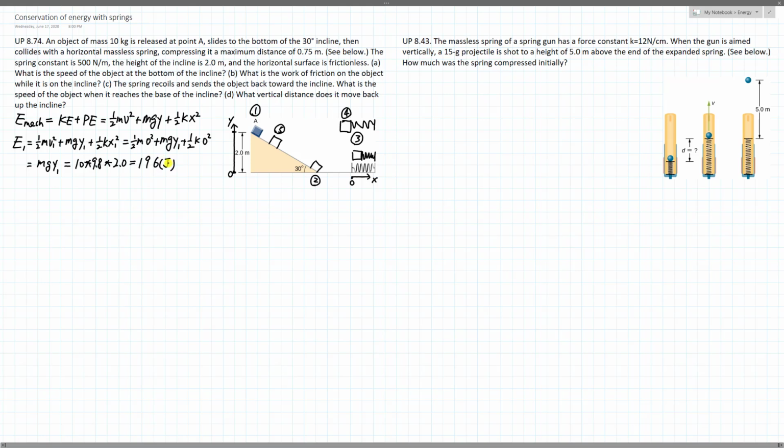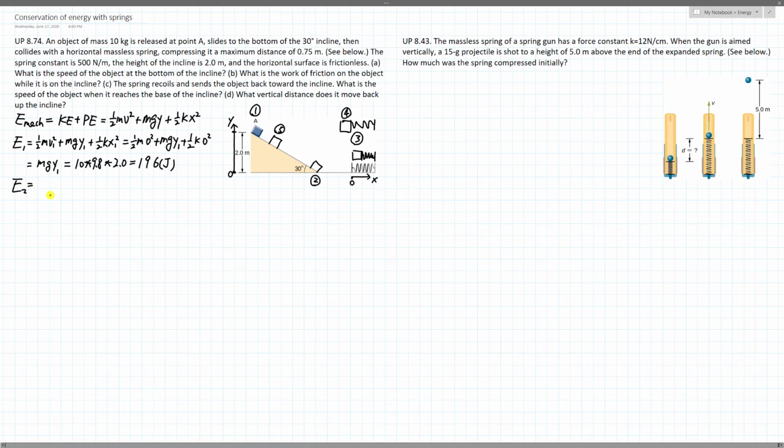So that's 196 joules. Just multiply 9.8 by 2, and that's 19.6, and then move your decimal place to the right. That's times 10. So we have the complete knowledge of how much mechanical energy the system starts with. So let's move on to